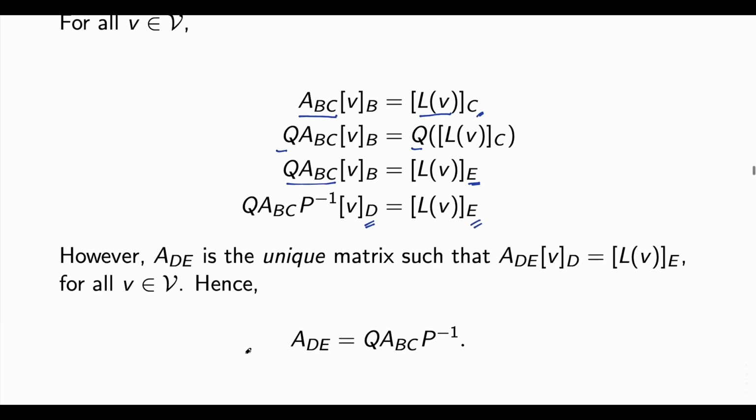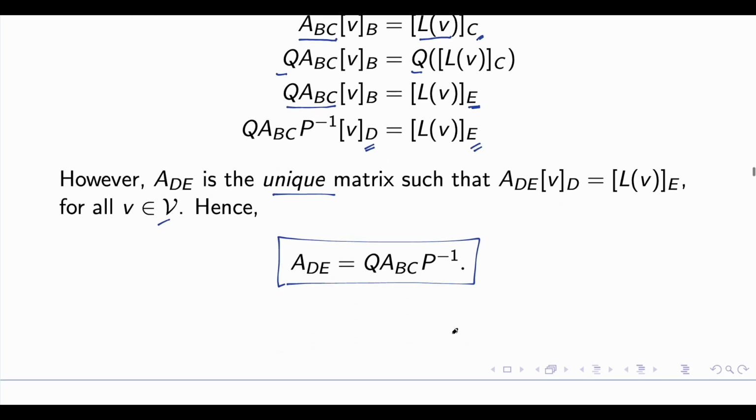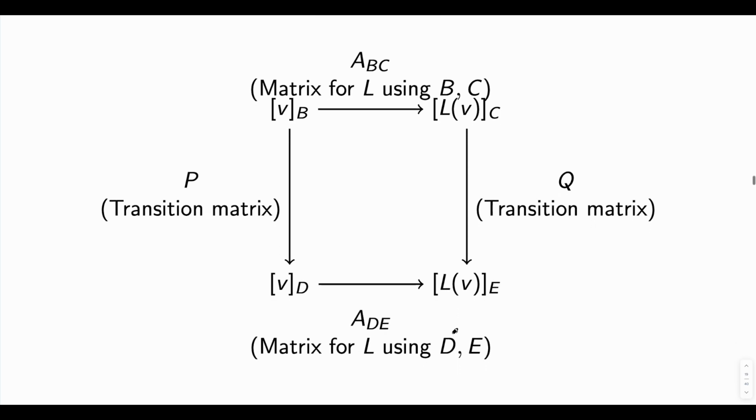So now this is how you can prove it. However, A_DE is a unique matrix for all v in V. So we can write A_DE equal to Q A_BC P inverse. So this is how the